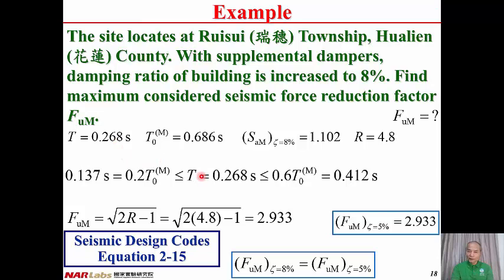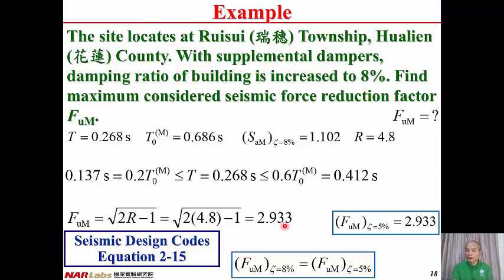And then after comparison, we find that the structural vibration period lies between 0.2 T0(M) to 0.6 T0(M). Then according to the Seismic Design Codes, Equation 2-15, we can determine FUM, the seismic force reduction factor for the maximum considered earthquake. FUM equal to square root of 2R minus 1, and R equal to 4.8. Therefore, we have FUM equal to